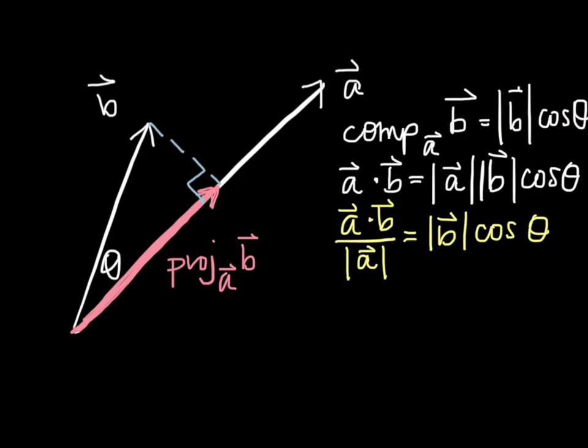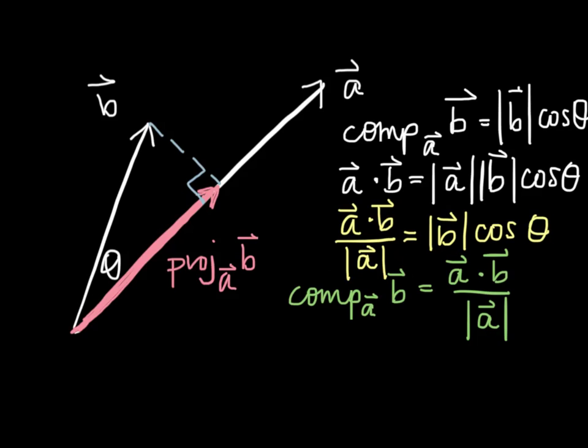So now I have two things that are equal to the length of B times cosine theta. One is the signed magnitude of the projection vector here, and the other is A dotted with B divided by the length of A. Well, if two things are equal to the same thing, that means they're also equal to each other, so the big takeaway can be rewritten as this: the component of B along A, or the signed magnitude of this vector, remember, if it's positive, they're pointing in the same direction. If it's negative, they're pointing in opposite directions,